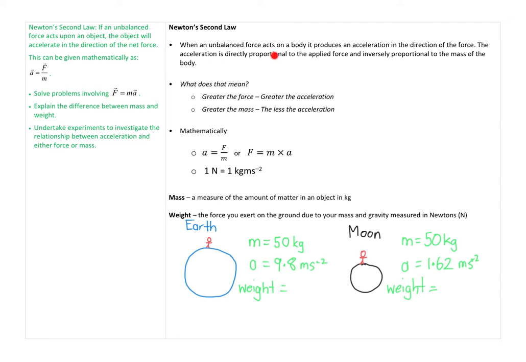When an unbalanced force acts on a body, it produces an acceleration in the direction of the force. The acceleration is directly proportional to the applied force and inversely proportional to the mass of the body. So, if we think about the skydiver from the previous slide, in that initial case, gravity is an unbalanced force. Gravity acts on the skydiver. It causes an acceleration in the direction of the force, which is towards the ground, so the object will speed